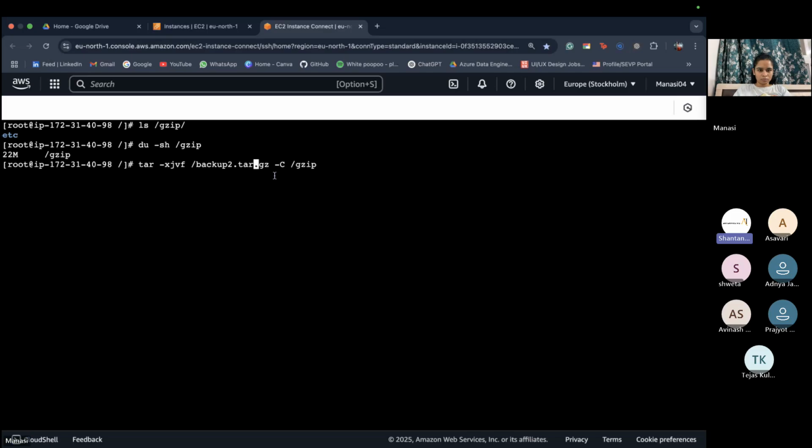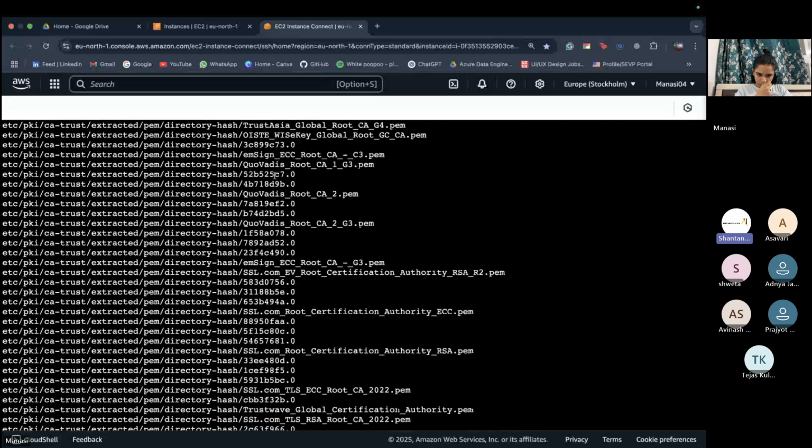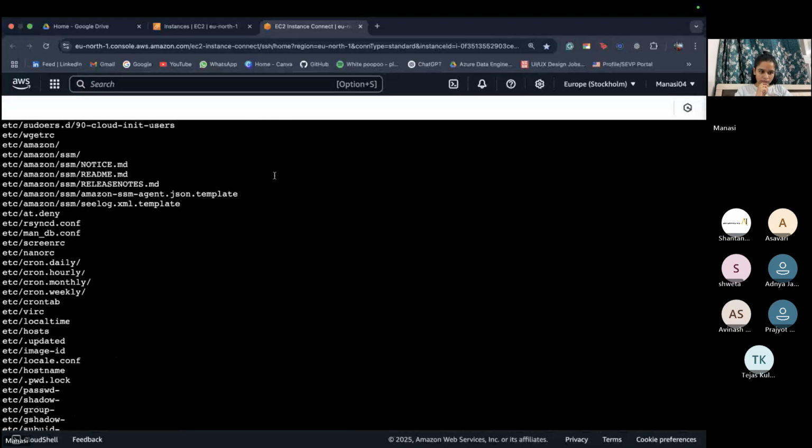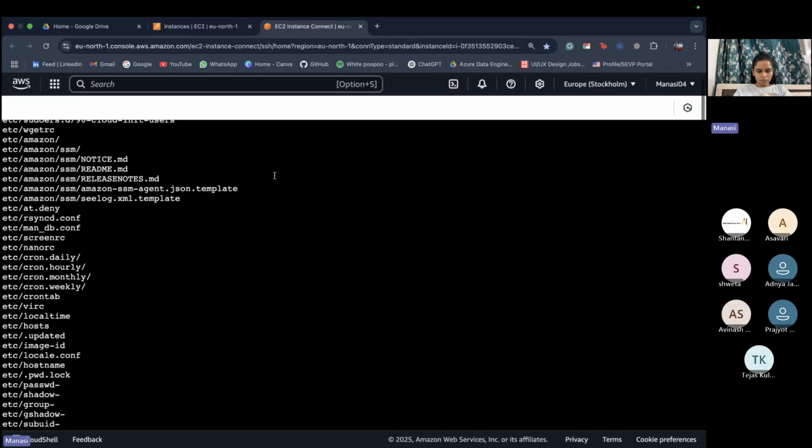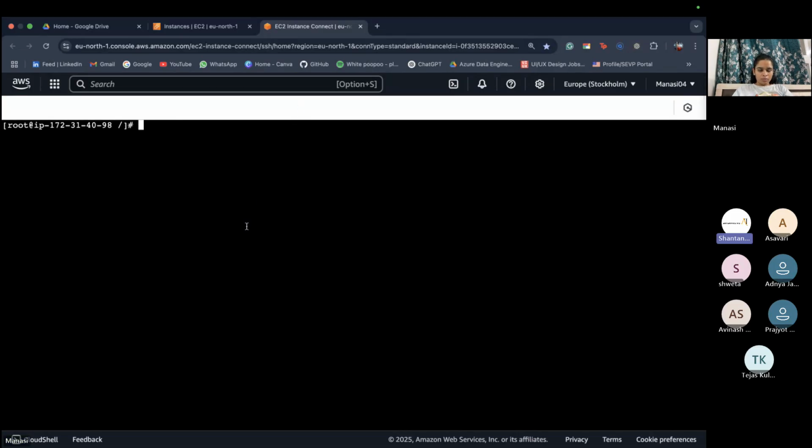Please change the destination location. Okay, now it has decompressed the bzip2 file as well. That's fine. We don't need to check it right now. As we have used the verbose option -v, it has displayed what are the files it is decompressing.